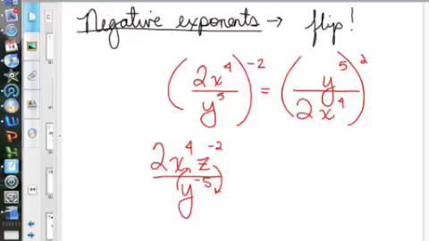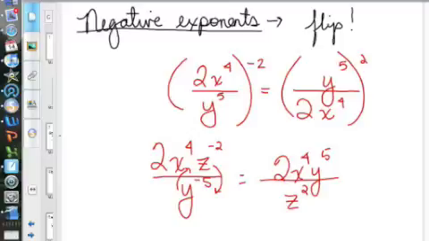So the answer here would be 2x to the 4th, y to the 5th over z squared. Then it's 1 over 5 squared, or 1 over 25. Okay? So 0 exponents, negative exponents,